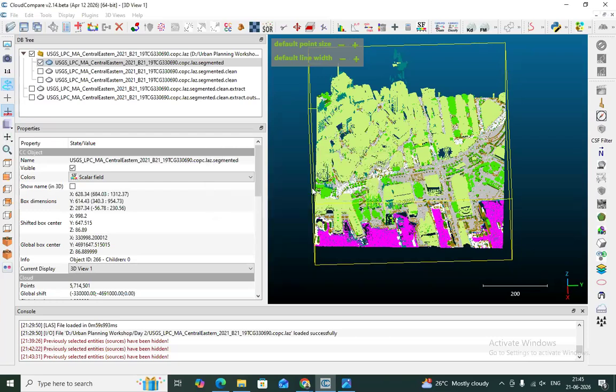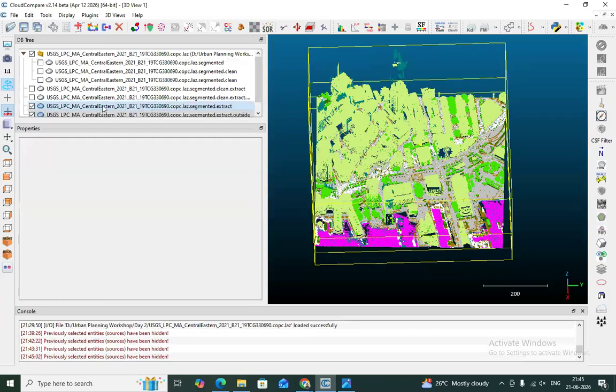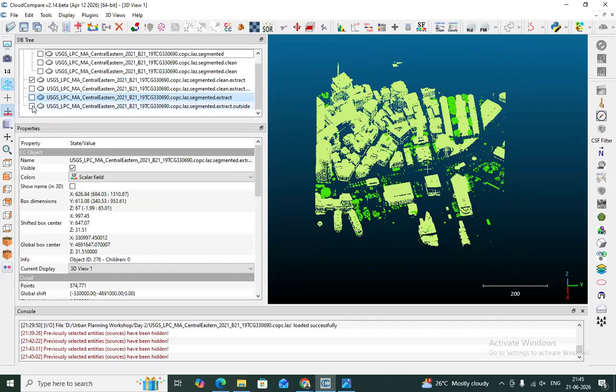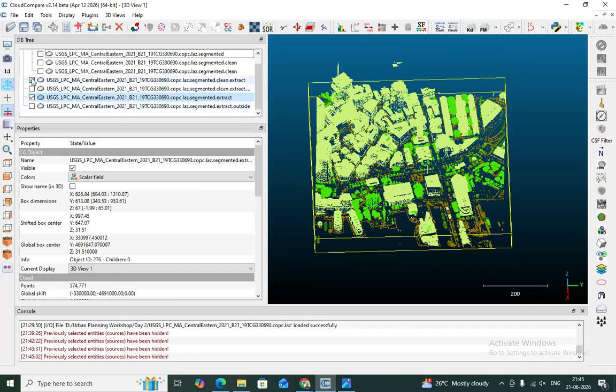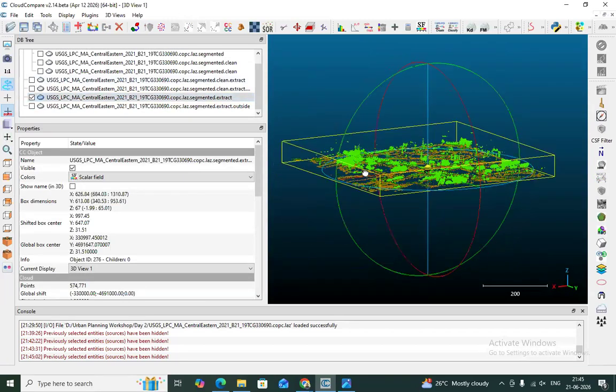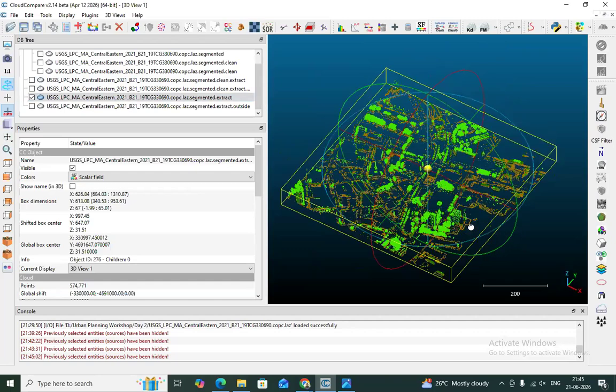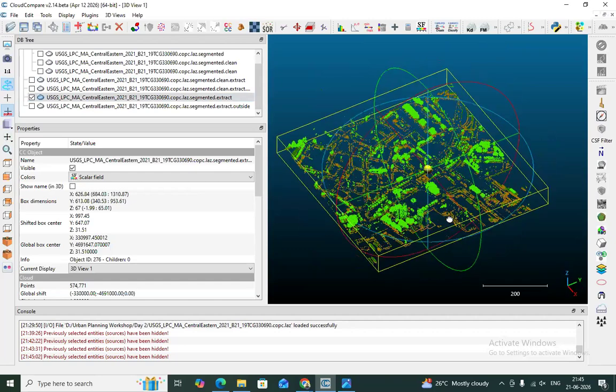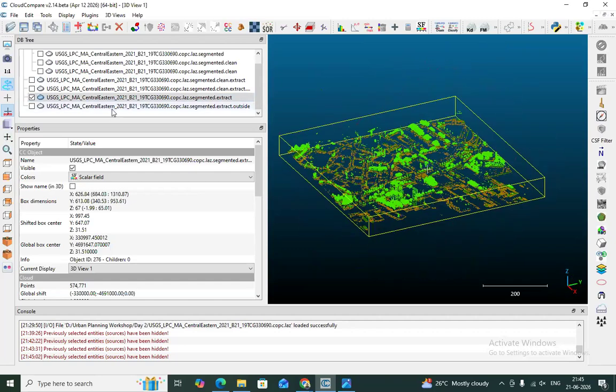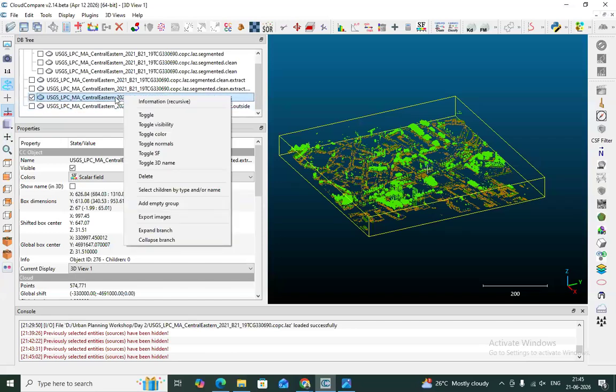Now you split it. Yeah, now you have the vegetation part. Okay, only the vegetation.